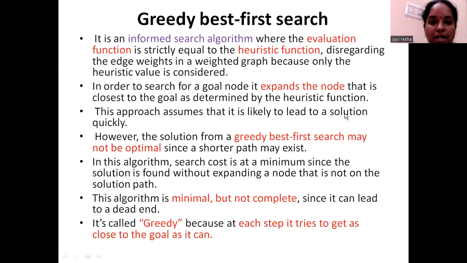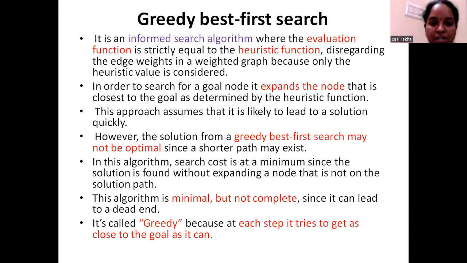So what is this greedy best first search algorithm? Since we all know what is greedy algorithm, right? Greedy algorithm is an algorithm which always tries to find out a global solution with the help of the local optimum solution, right? Since this greedy best first search algorithm is considered to be an informed search algorithm,